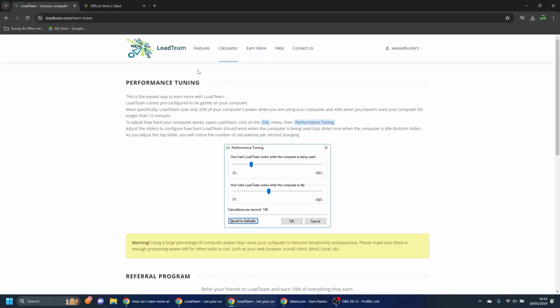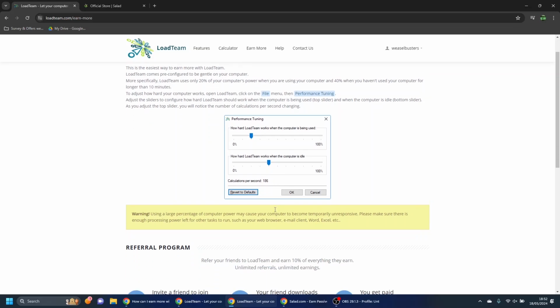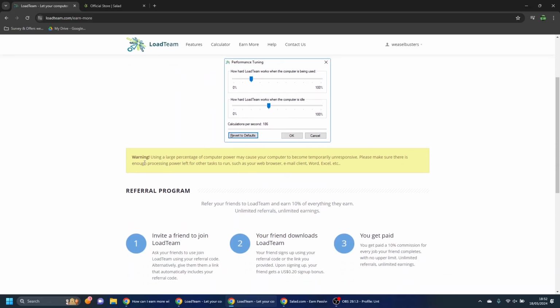In the Earn More section, they mention the performance tuning I went through, and everything else I already explained, including the fact that using a large percentage of computer power may cause your computer to become temporarily unresponsive. So basically, if you're going to use your computer, don't set it to 100% if you still want to do